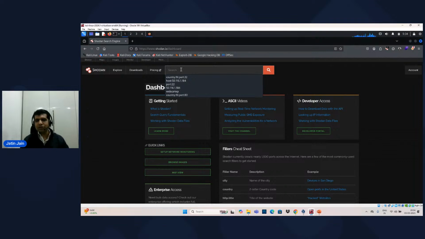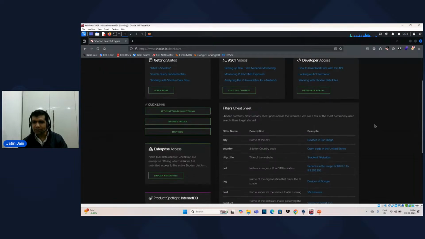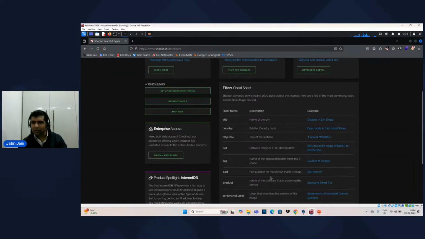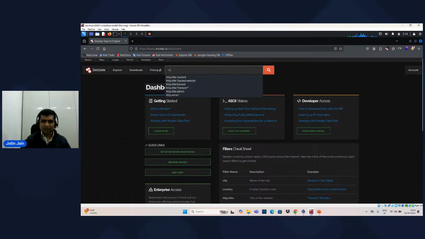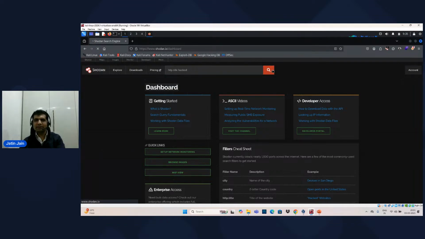And again, Shodan has some keywords. So let us start with some important ones. See, some of the filters are already listed here. So let us use some of these. For example, I want to search for all those websites which are hacked now. So you have to use this http.title, and then maybe you can search for the keyword hacked. So when you click on search,